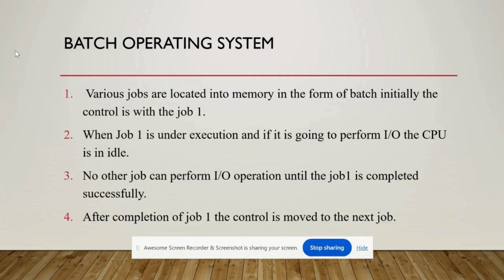Now coming to the first one, that is batch operating system. Various jobs are loaded into memory in the form of a batch. Initially, the control is with job 1. When job 1 is under execution and it performs input output, the CPU is idle. No other job can perform input output operation until job 1 is completed. After completion of job 1, the control is moved to the next job. The problem with this is CPU idleness. The goal of batch operating system is to improve the CPU utilization to overcome the problem of CPU